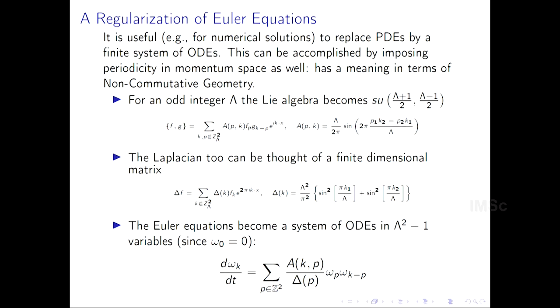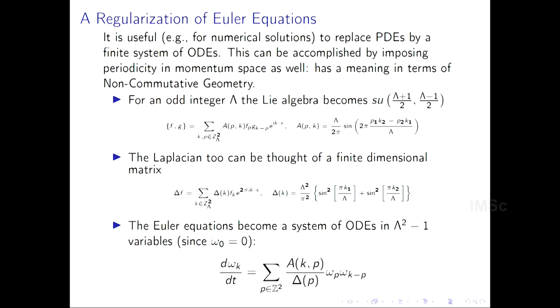Oh, that's a technical trick. The point about lambda being odd is that then there can be a primitive root of unity whose square root is also a primitive root of unity. This is something you need in order to do this business. There's a similar thing when lambda is even, but it requires a little bit of a technical trick. So I use the particular regularization. Remember, these are regularizations. So this lambda is not supposed to have any intrinsic physical significance. You're supposed to let it go to infinity.